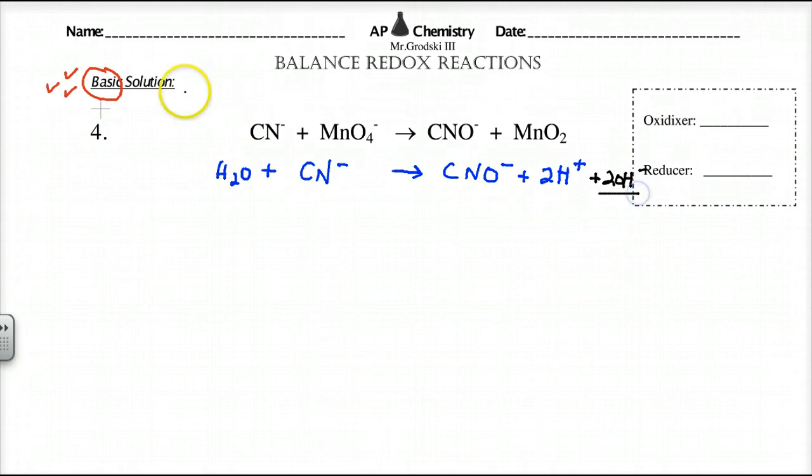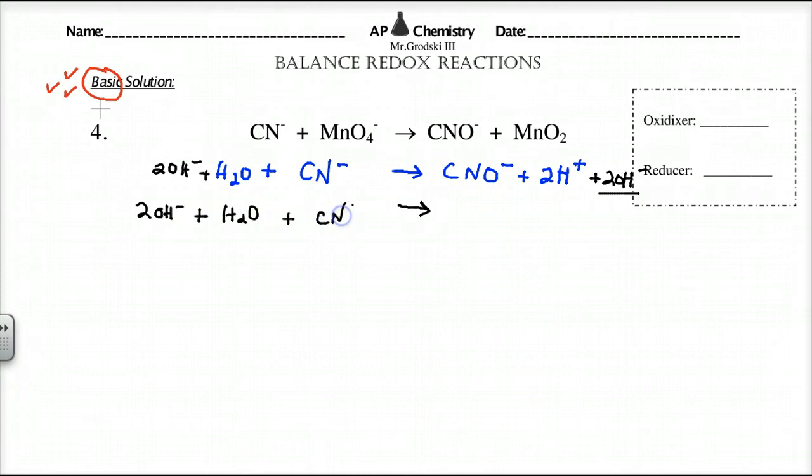And what I add to one side, I'm going to add to the other. Since I'm in a basic environment, I can clearly do that. So we're adding hydroxides to both sides. Now, what does that do to my equation? I'm going to rewrite it again. I'm going to have 2 hydroxides plus my water plus the cyanide ion